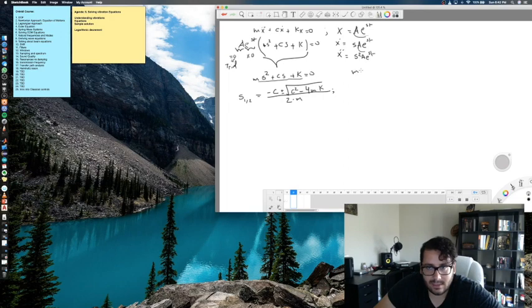So if I were to write this again, ms squared plus cs plus k equal to 0, and I assume that my damping is equal to 0 because it doesn't affect omega n, or it affects it but by a very, very small percentage, we'll talk about that. So if I were to kill that term,